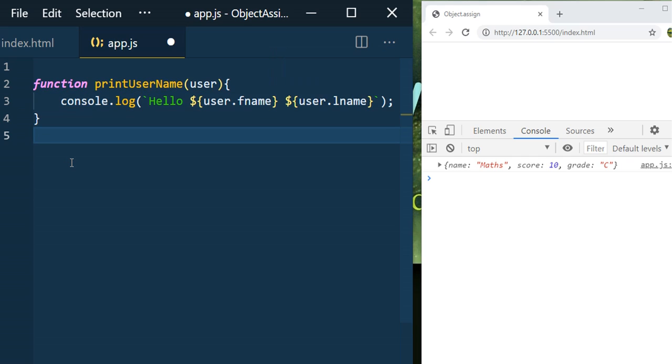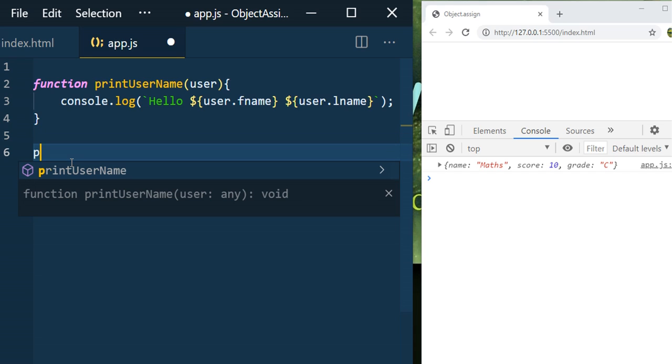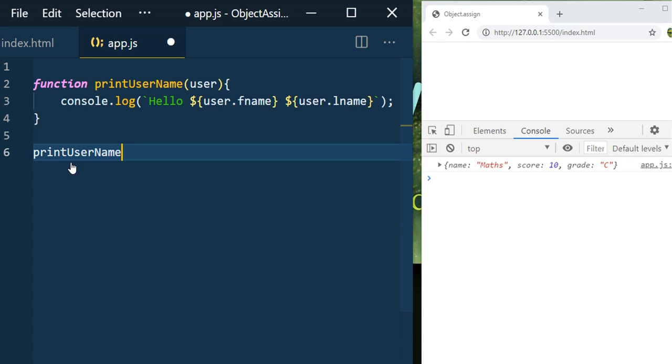So here we would like to print a value like hello John Smith, first name and last name. For that, let's call printUsername and pass the object.